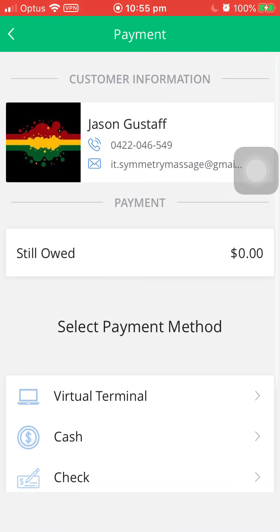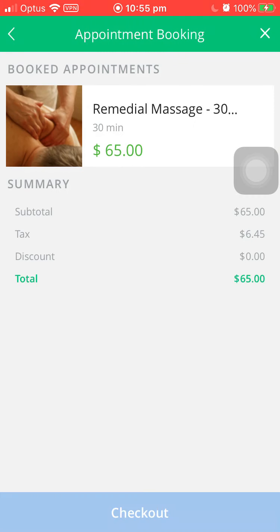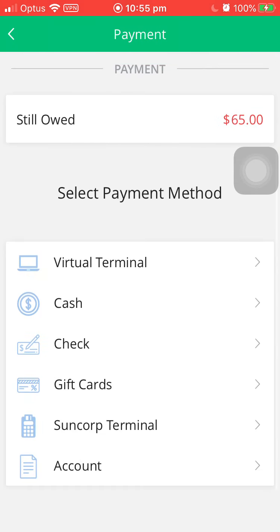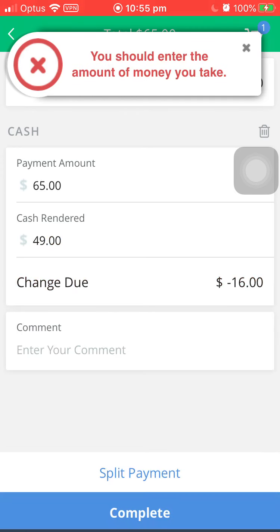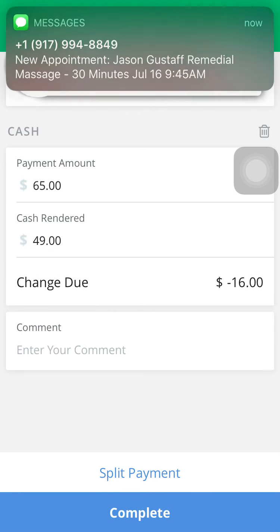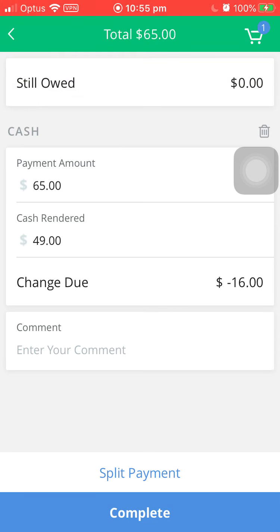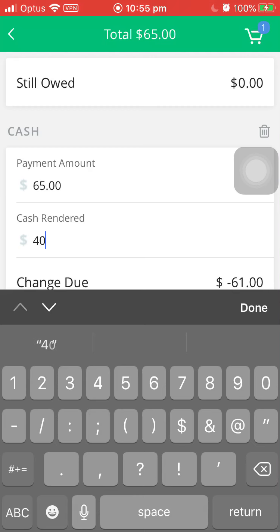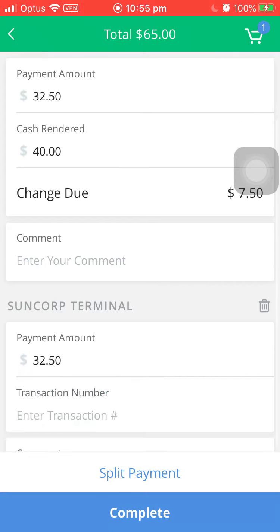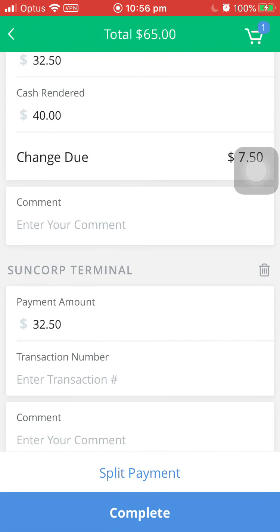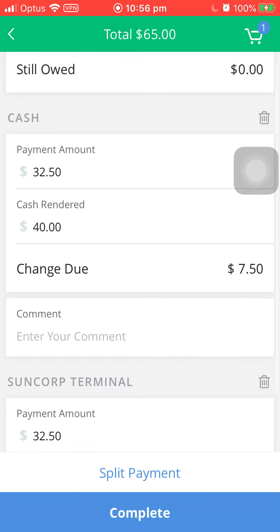So the way to do that is, let's go back to checkout again, you select the option that the client wants to pay for, and then say for instance they want to pay $40 in cash, so you put $40 there. And then you'd hit split payment, and then you do the rest in Suncorp Terminal. So now you've got two payment sections there, and you can see the rest is $32.50, and the amount,